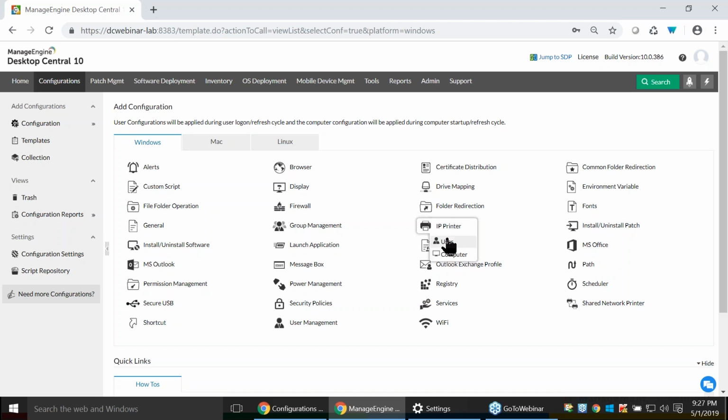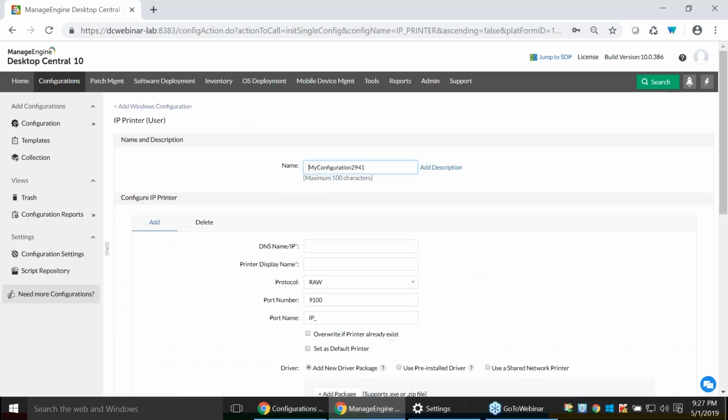The user configuration helps in deploying the configuration to a specific user. Even if the user logs on to another computer, the configuration is still good and it will be executed on the new machine as well. Whereas the computer configuration just works for that particular computer. If the user logs on to another computer, he may not have those configurations. So now I'm going to choose the user configuration